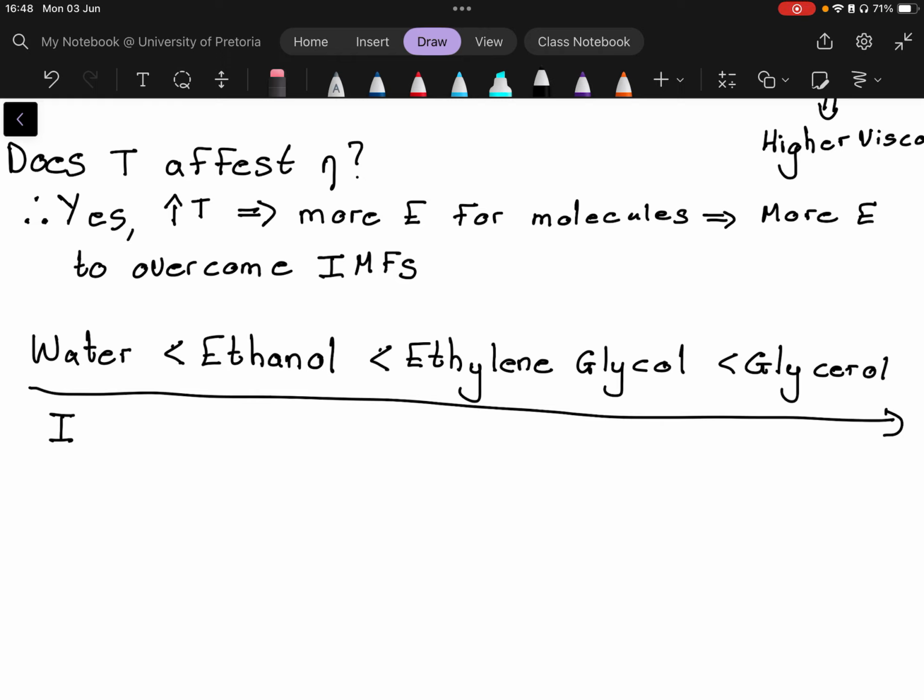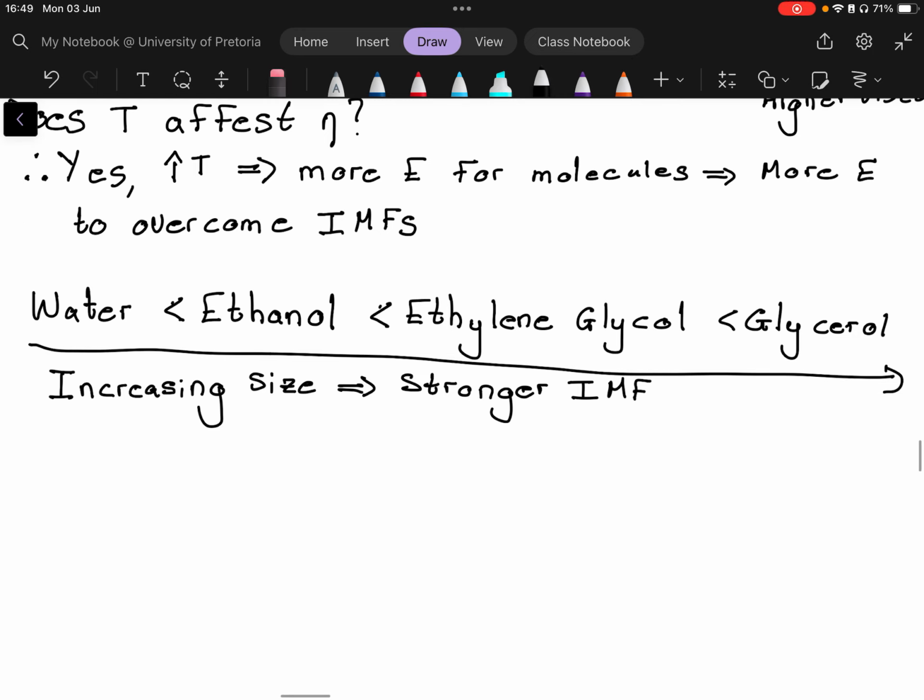Because they have increasing size, we assume that the intermolecular forces are going to increase from left to right. Even though, if you think about it, I think alcohol flows easier than water. But anyway,